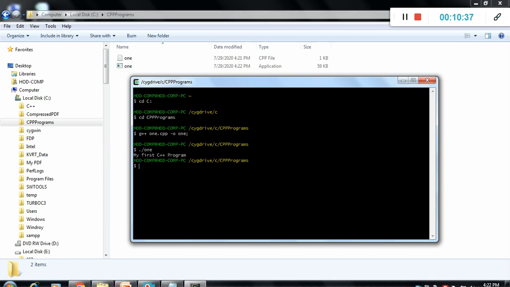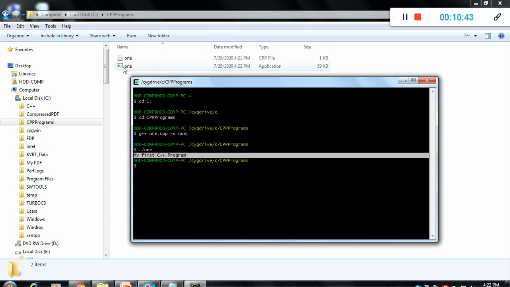It gives the output, that is my first CPP program. It automatically creates one exe, that is the application 1.exe, because of what we mentioned, and when you run it, it automatically generates this exe file.